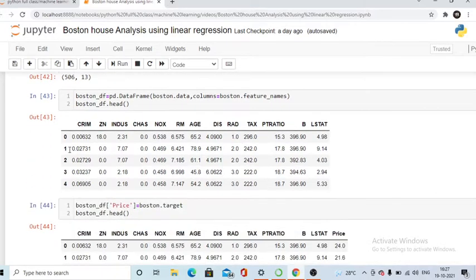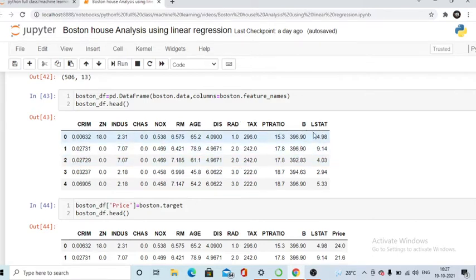Now what I am going to do is visualize my data in the form of a data frame, right? So I am making one variable, Boston_df equal to pd.DataFrame(Boston.data, columns=Boston.feature_names), and then Boston_df.head(). If I write this line, it will show me this result. Okay, so this is the final result we are getting. If you count how many features, you will see it is 13.